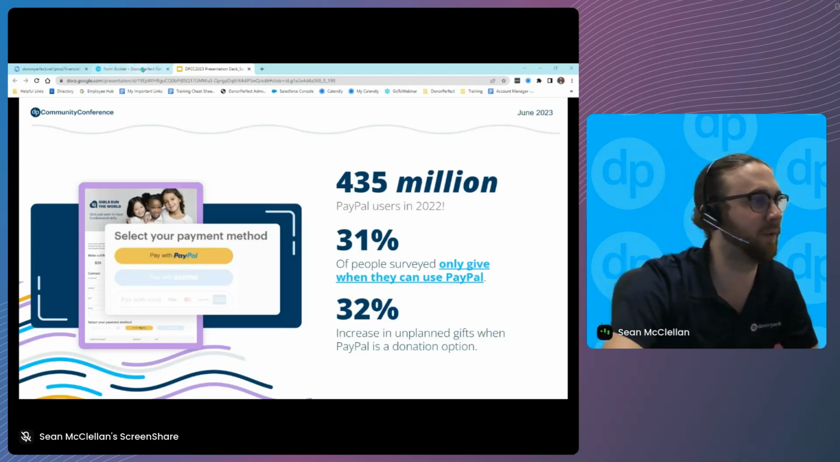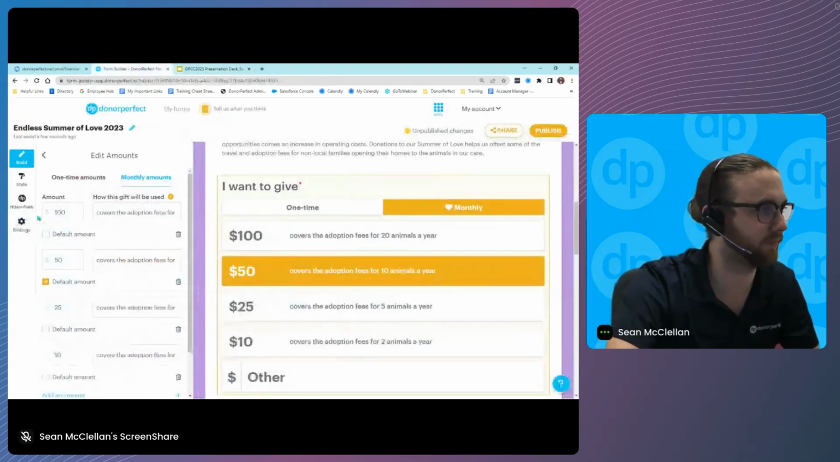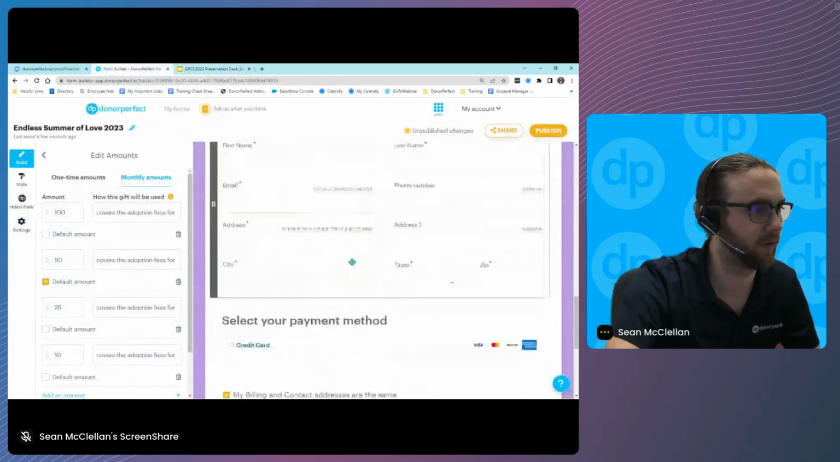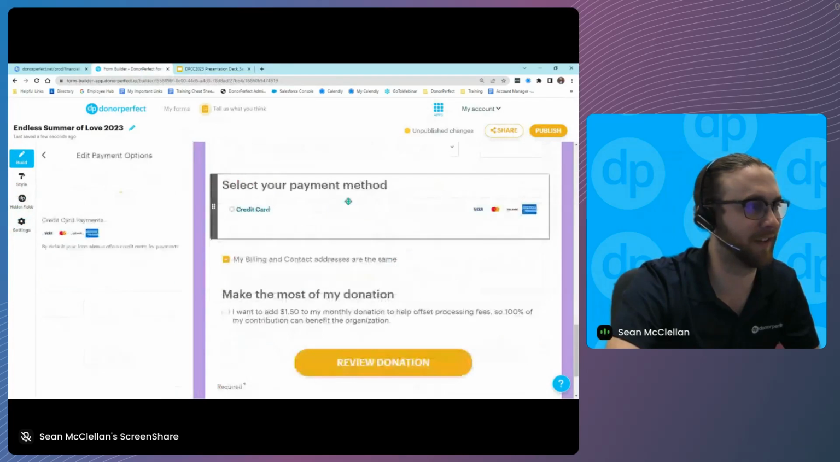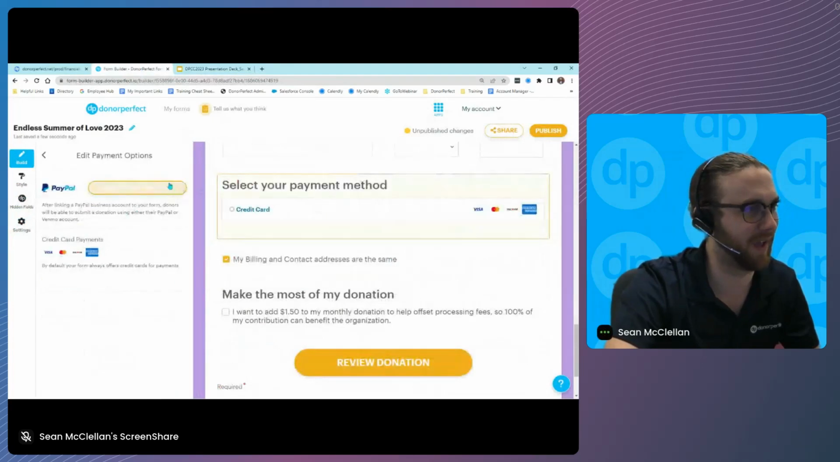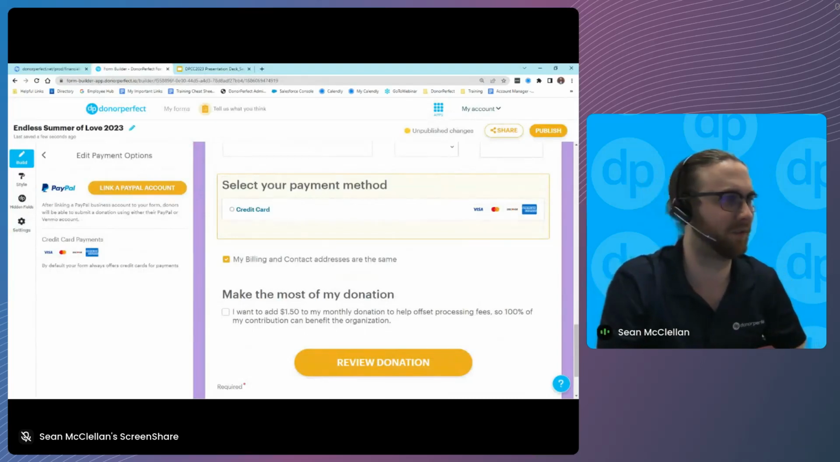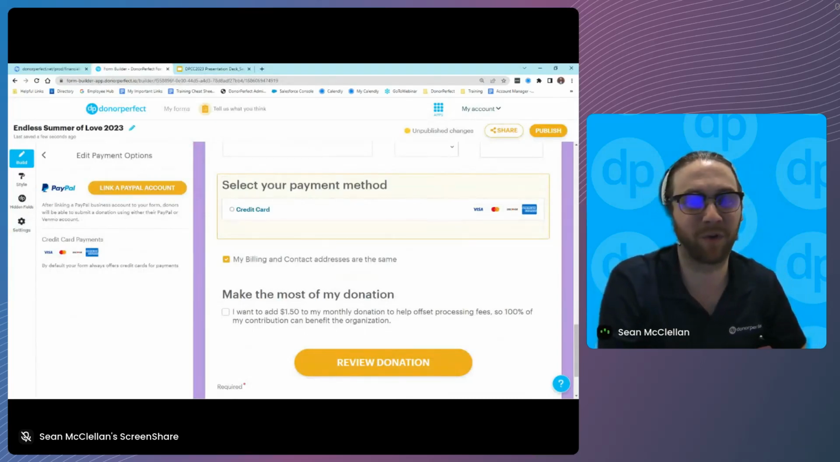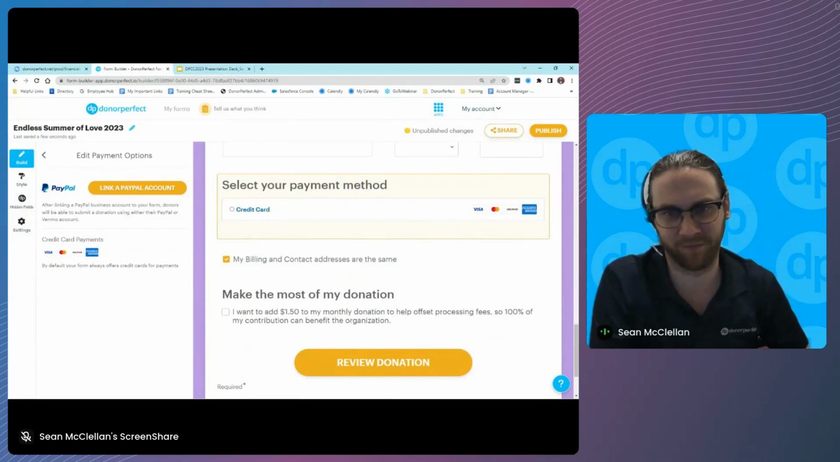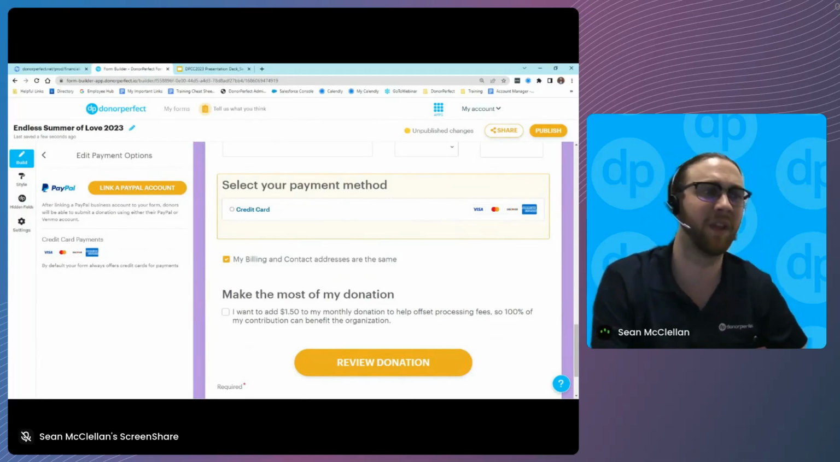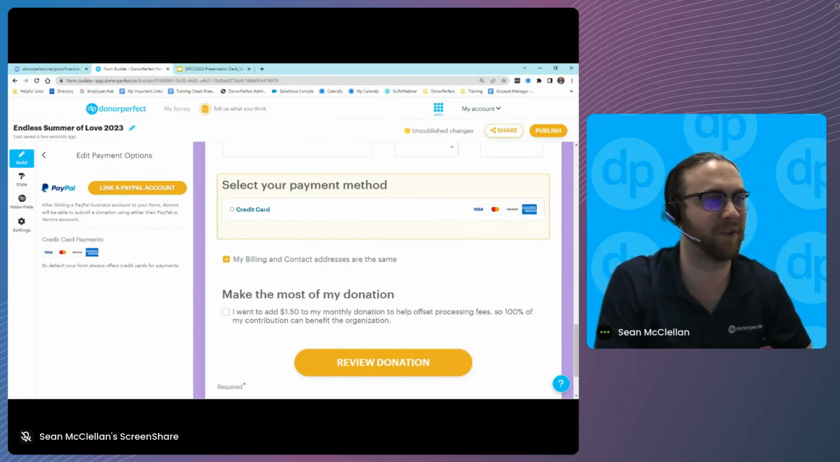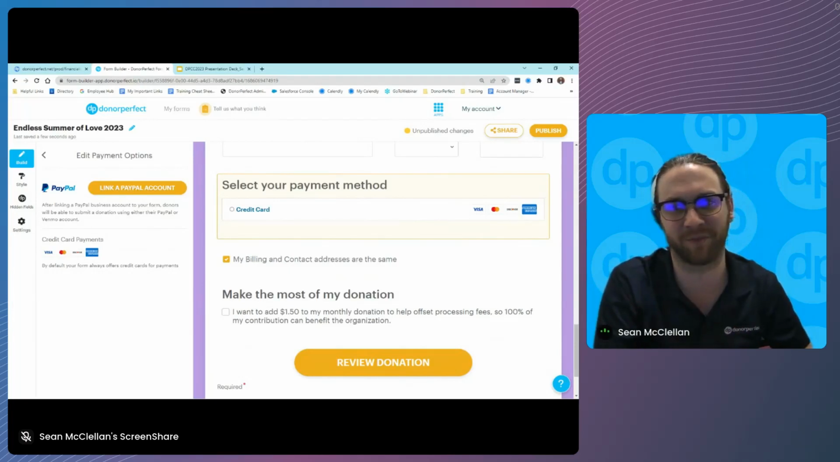So in the new forms, when you go under select your payment method, you have the option now to link a PayPal business account to your forms. And then when donors make a one-time donation, so monthly donations will still process through your SafeSave payment processing gateway. But if your donors make a one-time donation, they will see the additional option of PayPal,